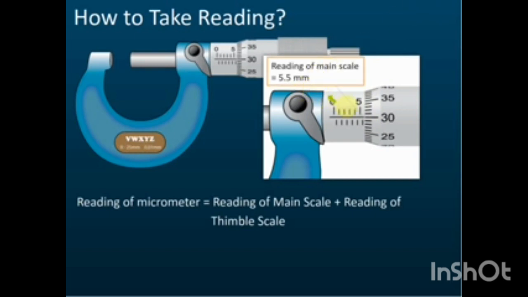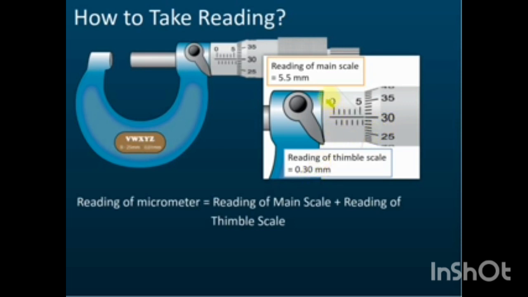mm, this is in mm. Just now the vernier scale was in cm, but this one is in mm. Then the reading of the thimble scale, we read from here. We see which line on the thimble coincides with the straight line on the main scale. This is 30, it coincides with the straight line in the main scale. So the reading will be 30, but 30 is not 30 mm, it's 0.30 mm. Each one represents 0.01 mm. So 30 means 0.30